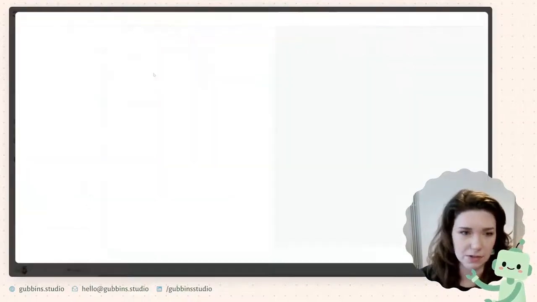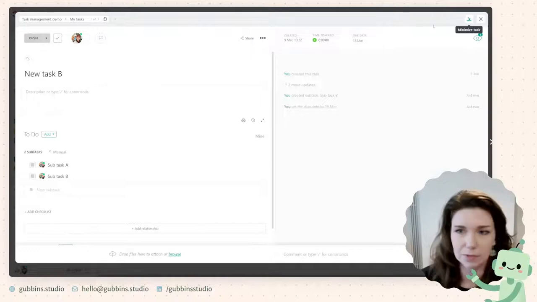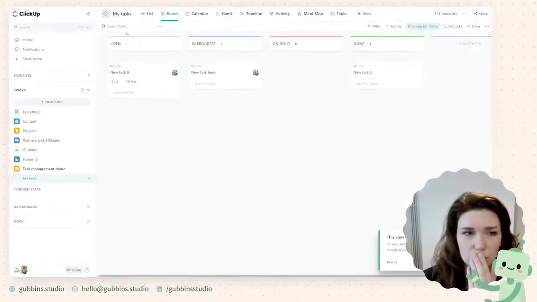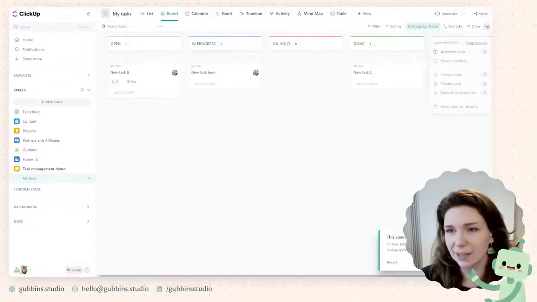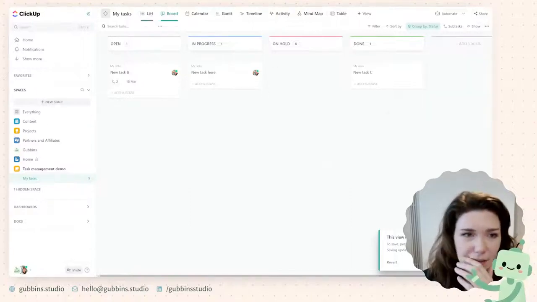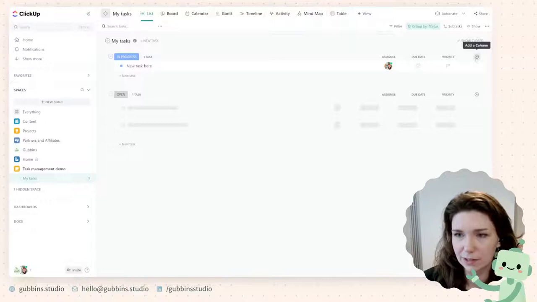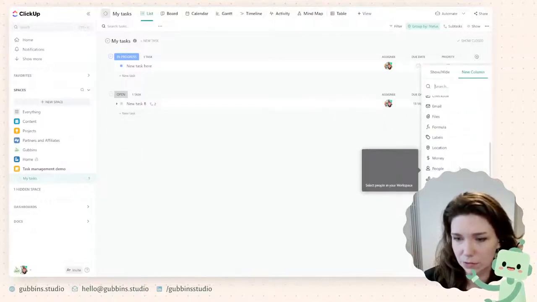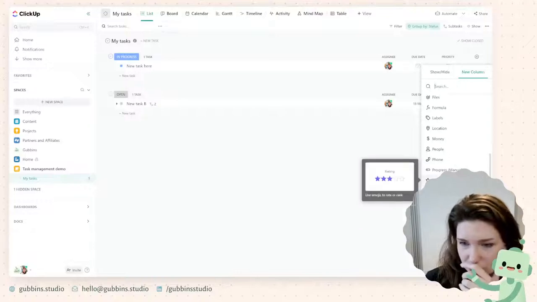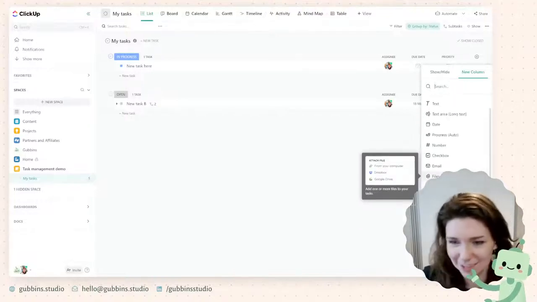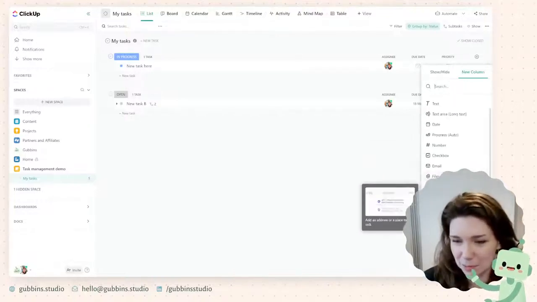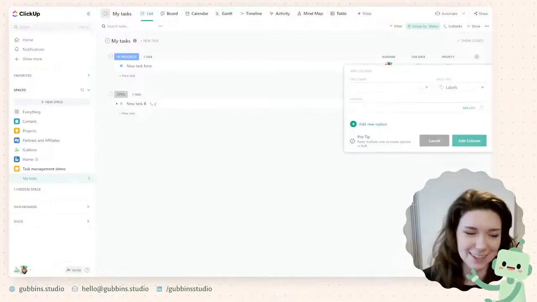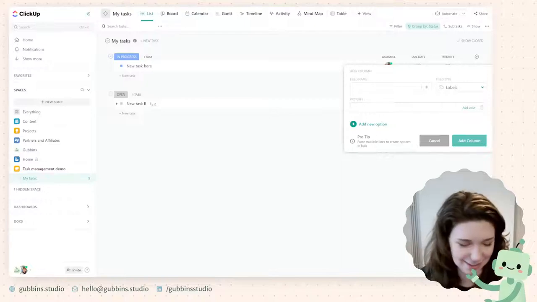Let's do the research and design tags that I was looking at before. You can tell I don't use this one so much either. Let's go to list, add a new column in here, and then go to, see, there's just so many things in here. There's so much cool stuff to explore, but it's also very stressful trying to do it on a video where you're just trying to do very basic task management.